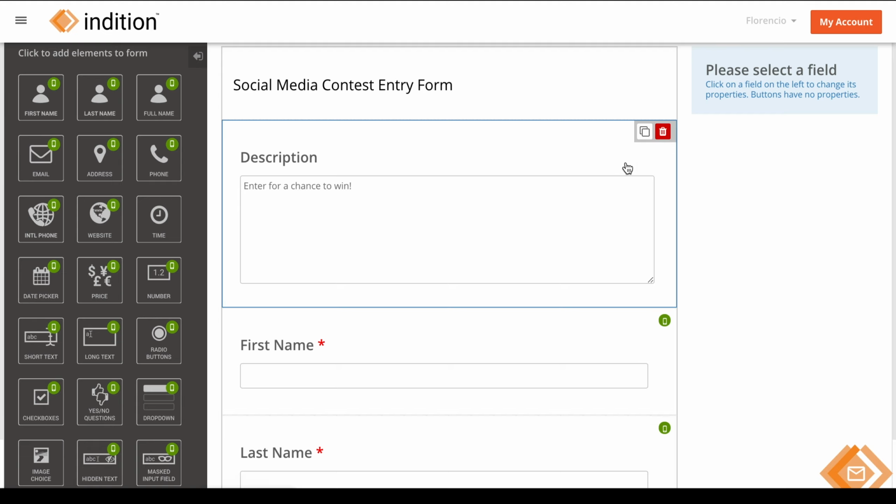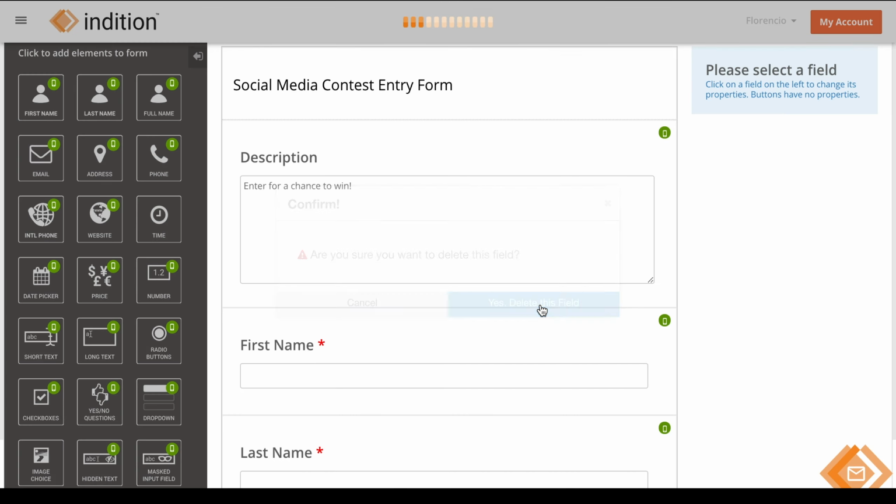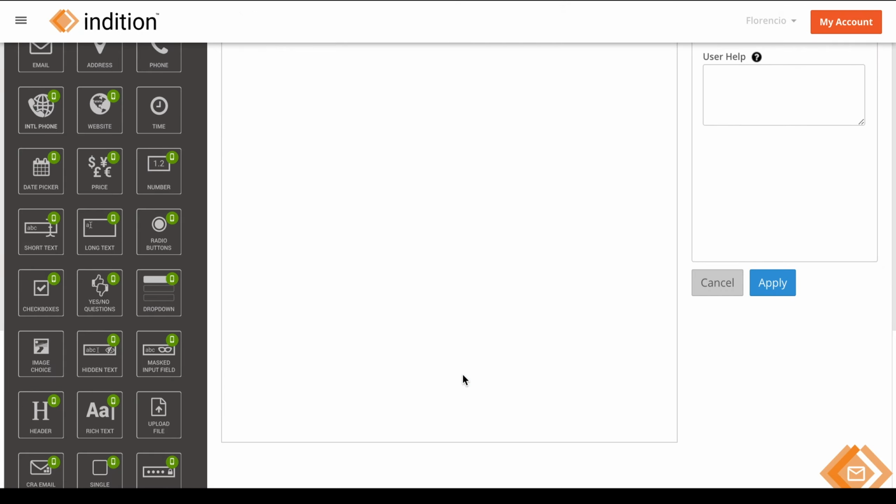So I will select the description box and click on the red trash can icon to the top right to delete the element. Are you sure you want to delete this field? Yes. And then I will scroll down and I will click on the Submit button at the bottom,